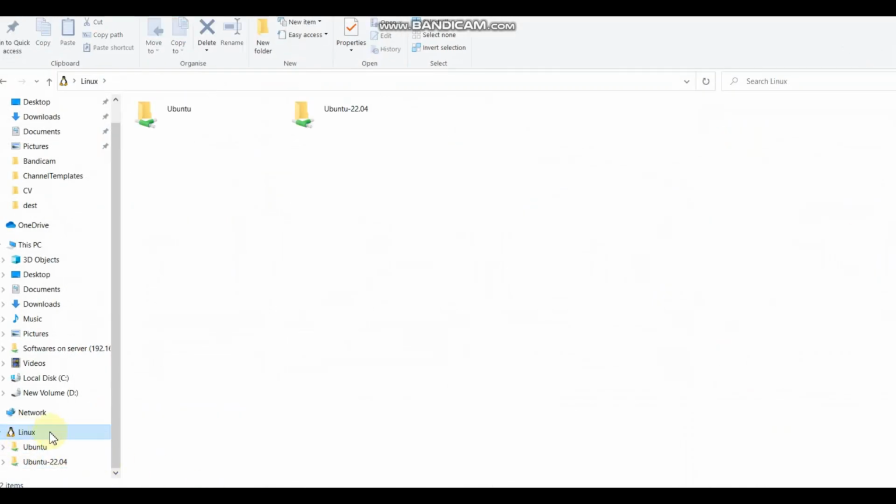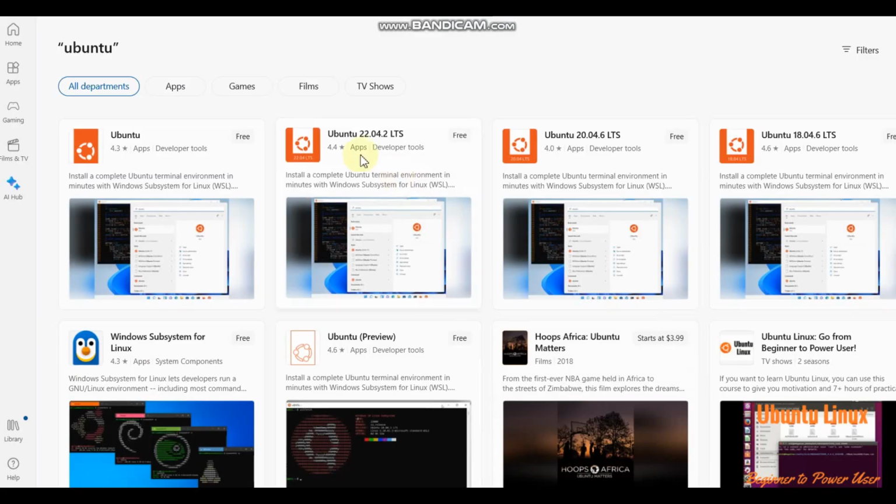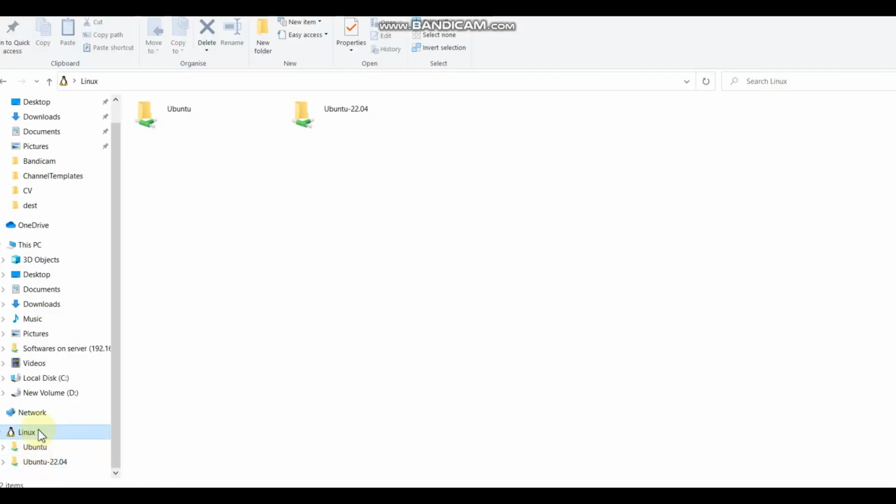For example, this is my Linux. Once you install it, you will get an interface like that. You may have Ubuntu 20.04. So depending on the selection from the Microsoft Store, it will be available on your Windows machine. So once it is installed, what you need to do is write on the command prompt,